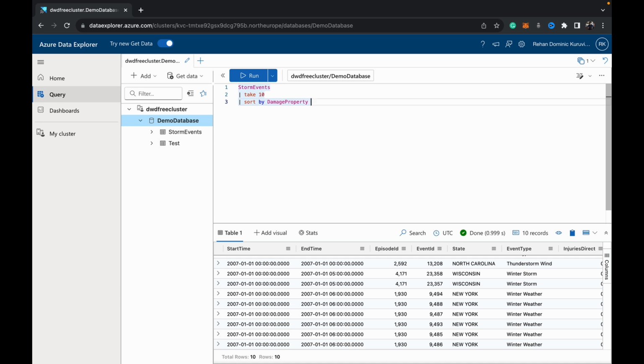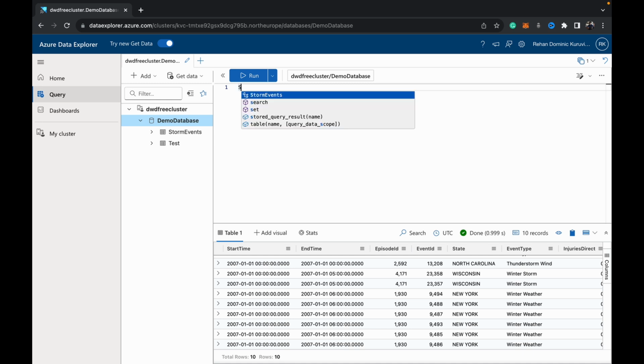So the next operator that we're going to be looking at is the top n operator, right? What it does is it basically returns the first n rows sorted by a specific column. So if you wanted to see how that works, you can just do StormEvents, and